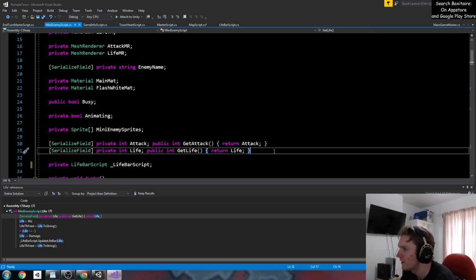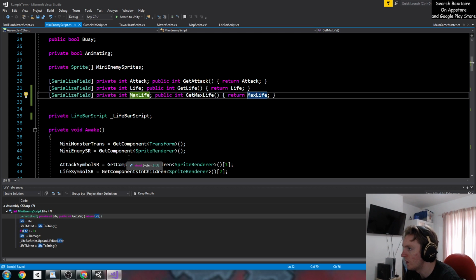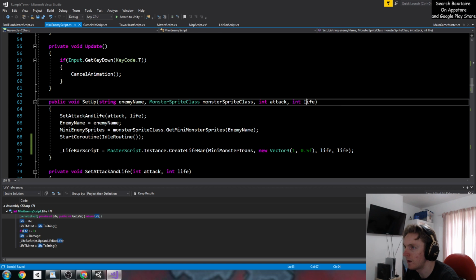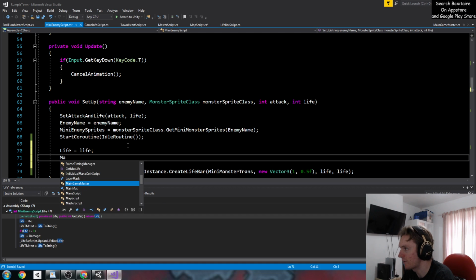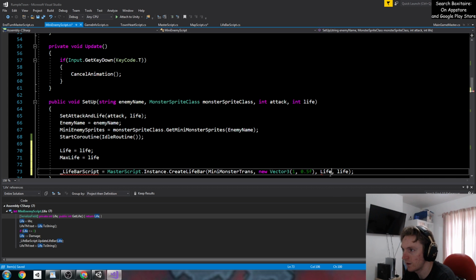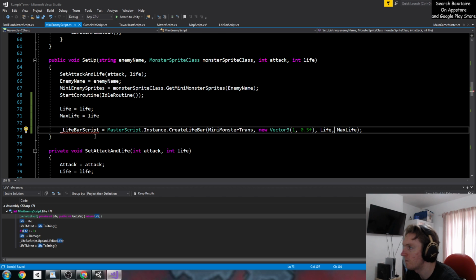And yeah, I also want to have... let's go with using this same style here. That's fine. We're going to have max life: max life, get max life, and max life. Okay, that's good. Now that we've got access to max life, we also want to make sure that when we're setting up the life bar, when we're setting up life, we can have life equals life and max life equals life. Even though this just makes it a little bit repetitive, it will make it a little bit clearer if ever I go back to it. Why is that giving me some...